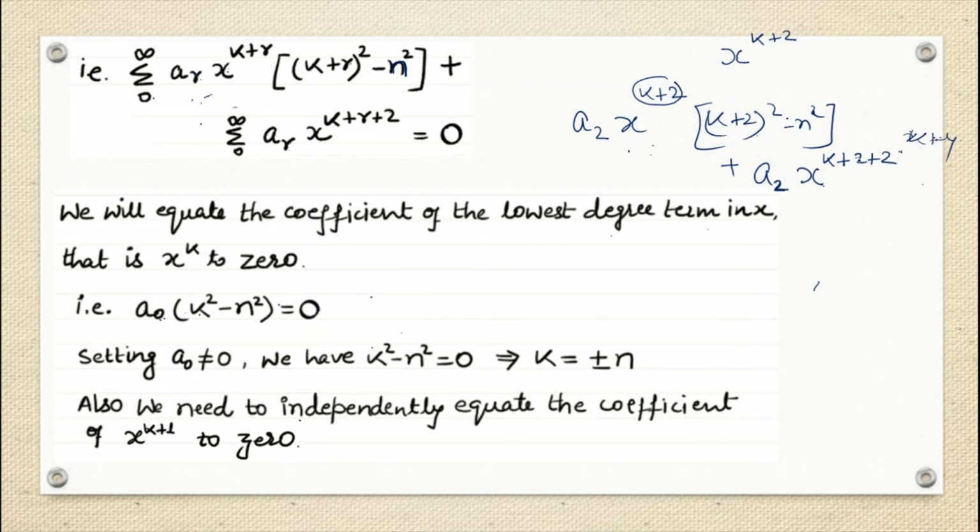So what I have to choose in this series, the second one, I'm going to pick the value of r where r is 0. If r is 0, it will give me what? X to the power k plus 2. Whatever value you are picking from the first summation, to make the power of x the same in the second summation, you have to pick the value of r two less than the value you are picking from the first term. That means if you are picking the value of r as 2 in your first series, in the second series you have to pick the value 0.